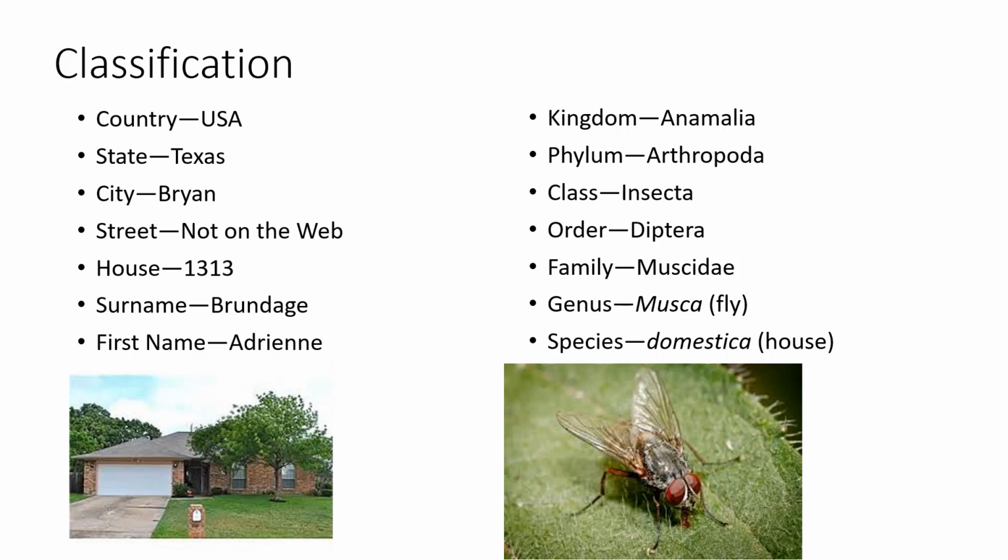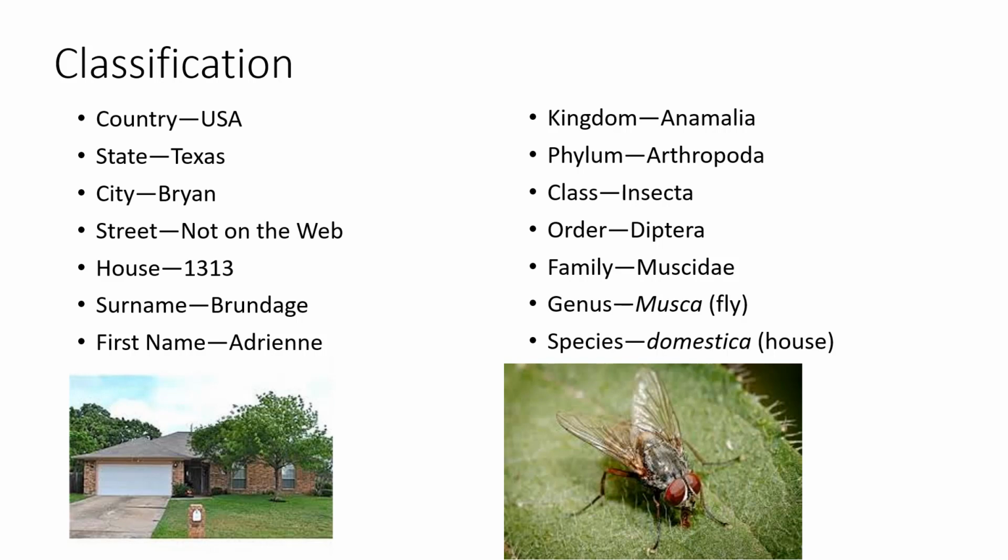Okay? And then we go even smaller, because there are a whole bunch of organisms that can fall into Muscidae. Then we move into the genus Musca, or the flies, and finally the species Domestica. So in this case, I can get all the way down to the genus Musca domestica, genus Musca, species Domestica, and I can talk about this particular species of fly to anybody across the world, and they know exactly what I am talking about. I say Musca domestica, they know exactly what species or what type of fly I'm talking about, because we have categorized it this way.